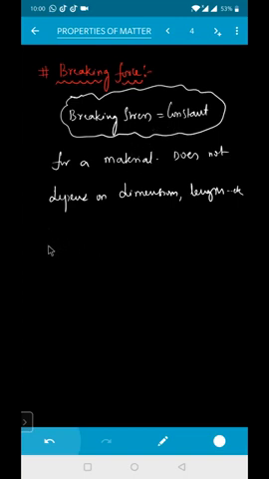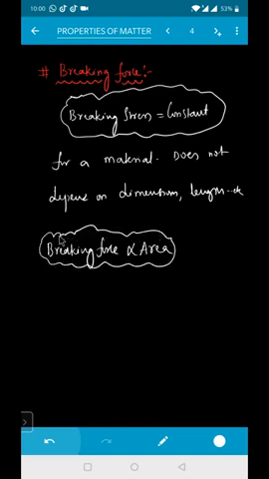Quantity. In the same way, breaking force, if I'm talking about, breaking force will be directly proportional to your area. Breaking force is directly proportional to your area. So breaking force will depend upon what? Only the area. That means if the wire is cut into two parts, then each part will hold the same weight. Is it clear? Same area means the area will be the same, no?